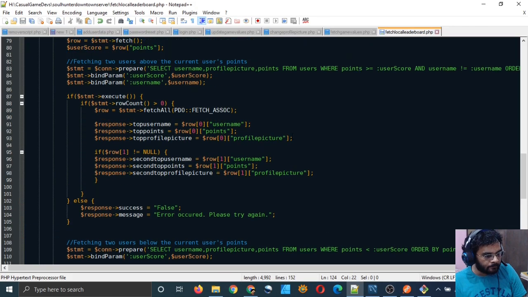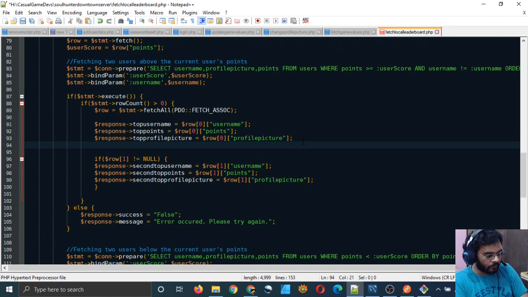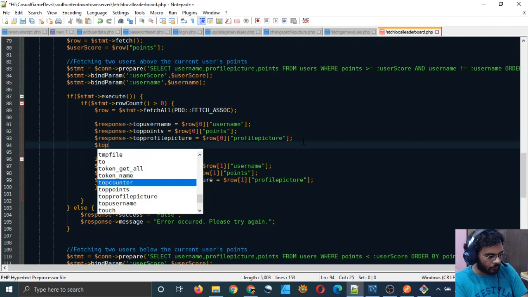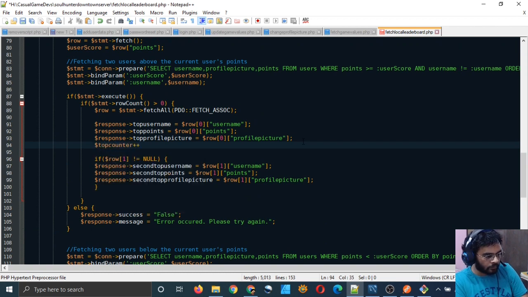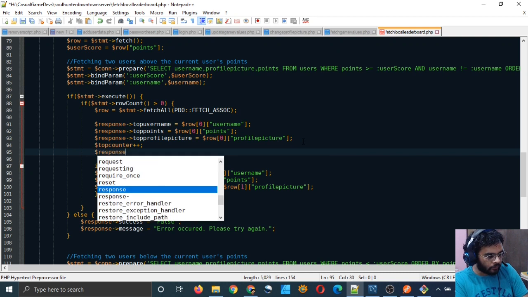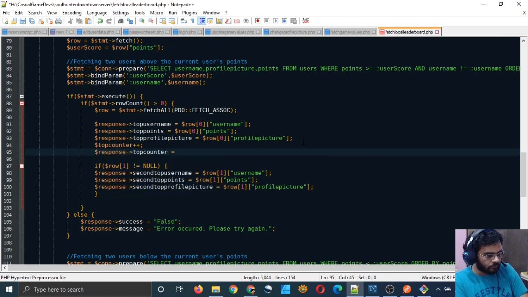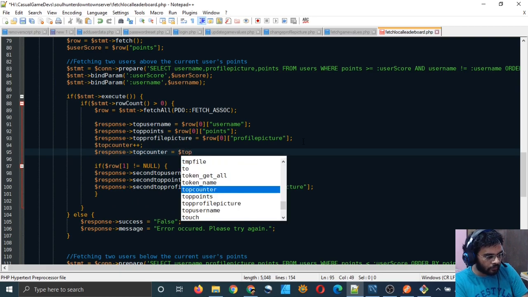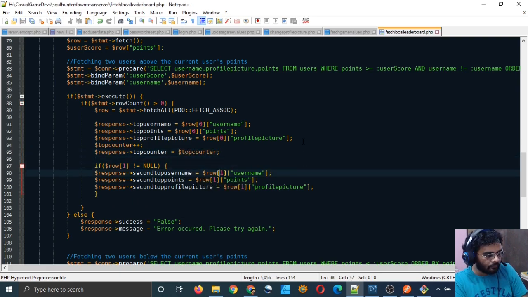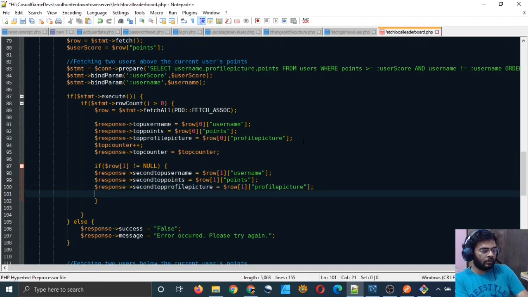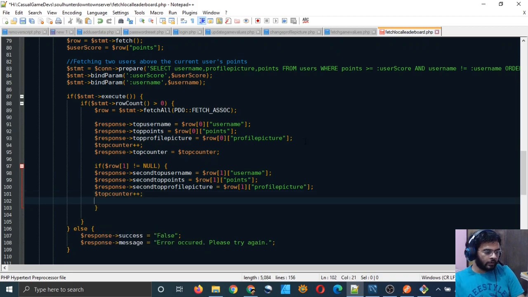So if you have fetched this one, you can say top counter plus plus, and then in the response you can put this top counter value in the response variable as well, top counter, right? And this is also top counter plus plus, and again the same statement here also.